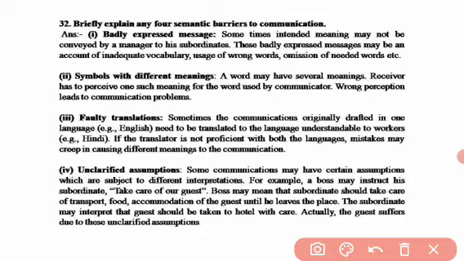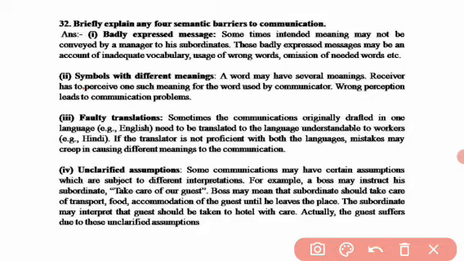Faulty translation. While communicating the information, if the receiver is not able to understand the language, the translator should have a skill to express the words meaningfully. Suppose the translator is not able to translate the message into the prescribed language, then it can be one of the semantic barriers.